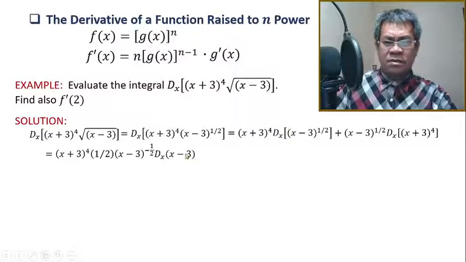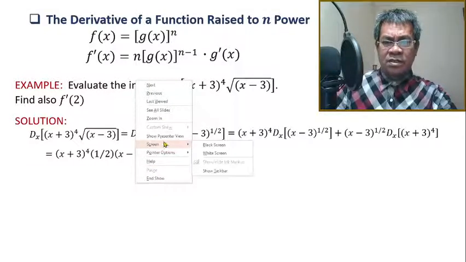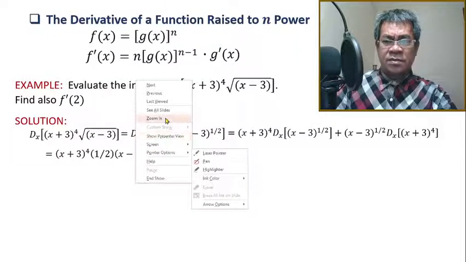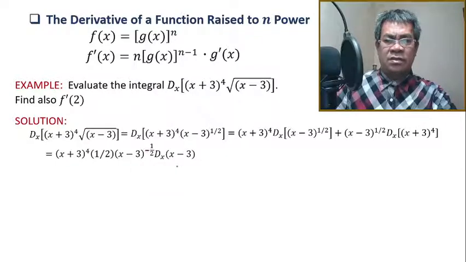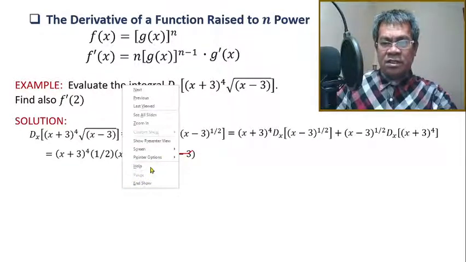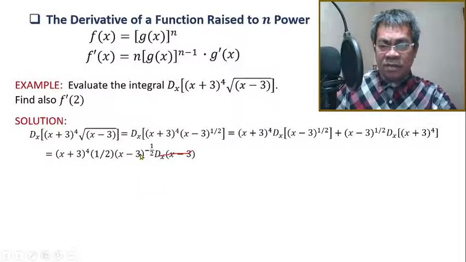So this will be the derivative. By the way, kindly erase this one. This is not included. No, sorry. It's part because we need to differentiate the g(x). Okay, it's included. So this is included. So take the derivative. This is g(x), g prime(x). So the derivative, this is 1 actually.